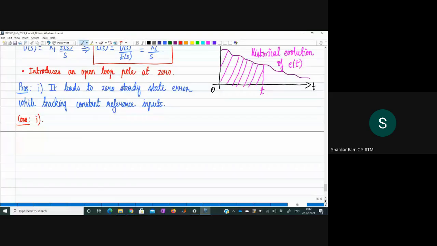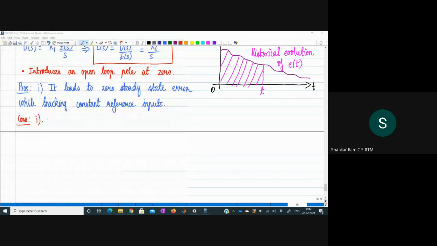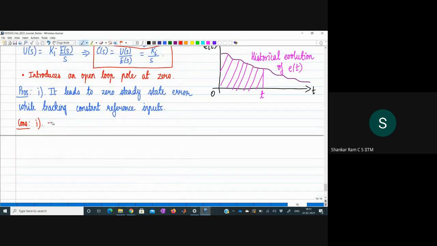is going to cause a problem, right? Because we will essentially go outside the capability of the actuator, then we may have a problem. So that's the flip side. The con is that the use of an integral controller can lead to